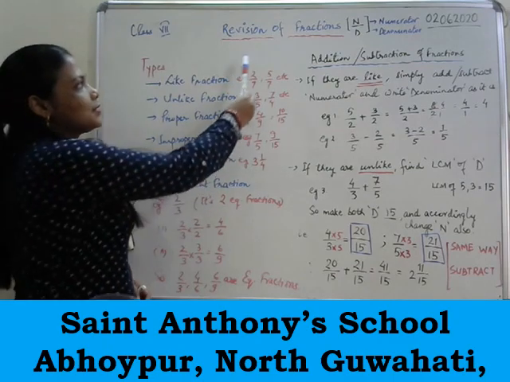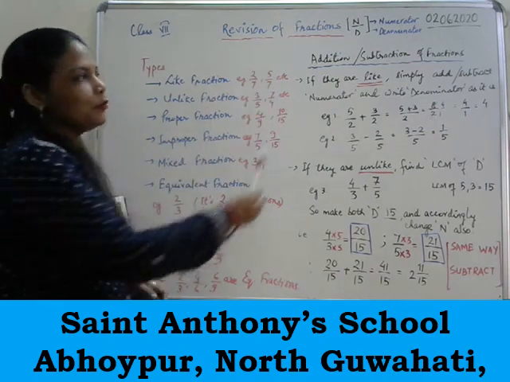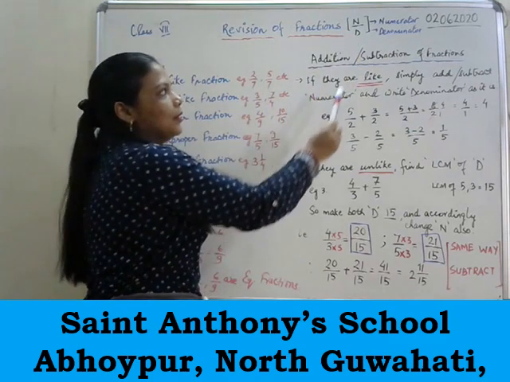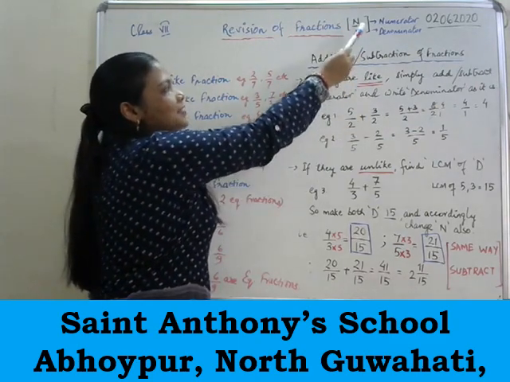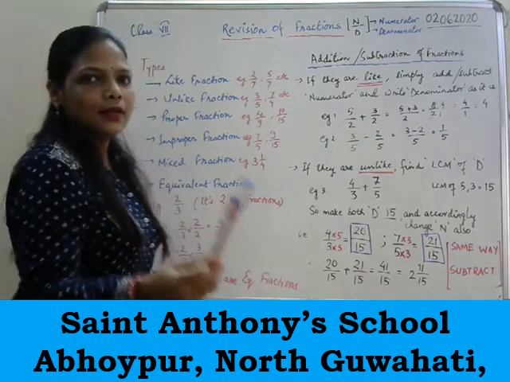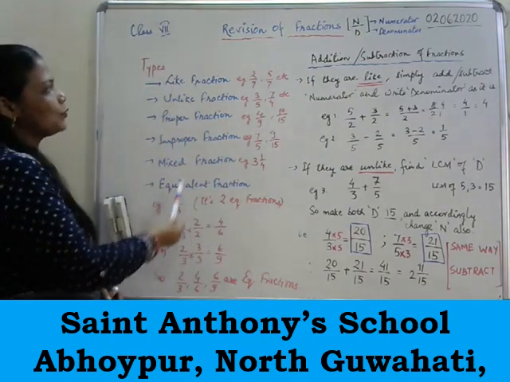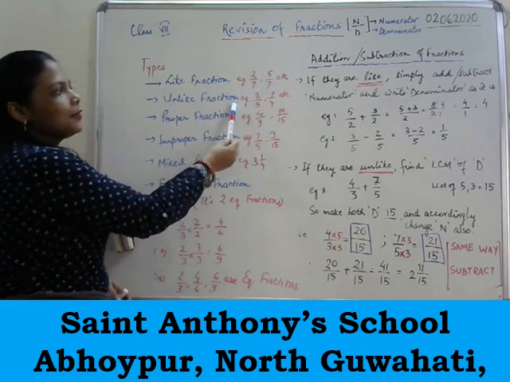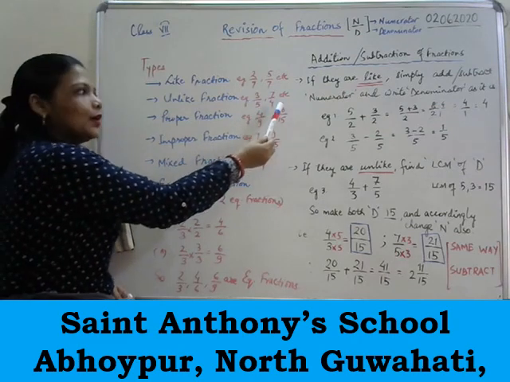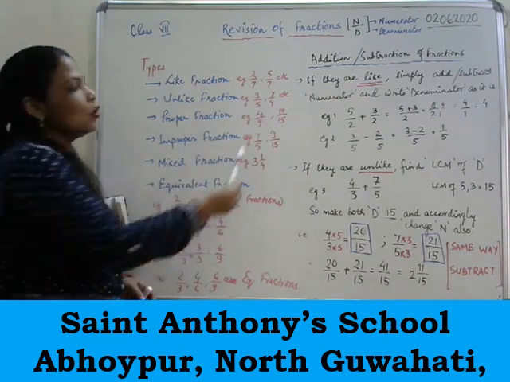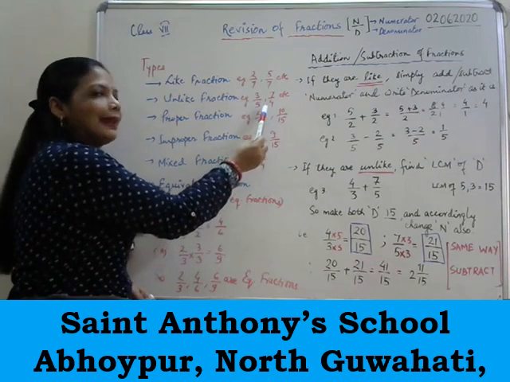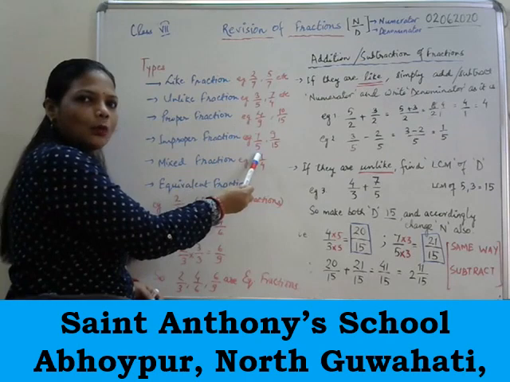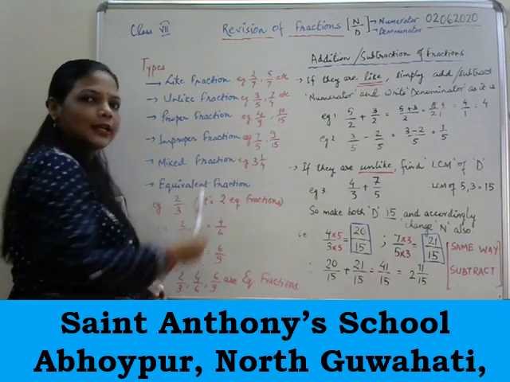As you all know, we are studying the chapter named fractions. Fractions have two parts. Numerator is the upper one and denominator is the lower one. So wherever I am writing n and d, they stand for numerator and denominator. Some major kinds of fractions were like fractions, whose denominators were the same, unlike fractions, whose denominators were different, proper fractions, whose denominators were greater than numerators, improper fractions, whose denominators were smaller than numerators.